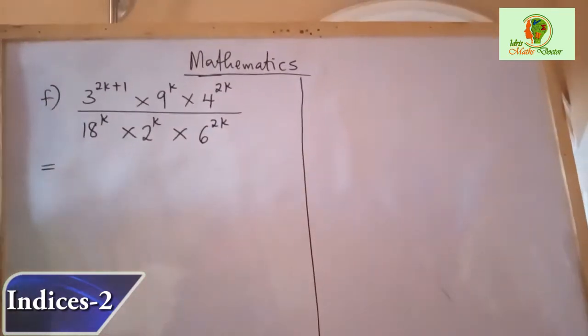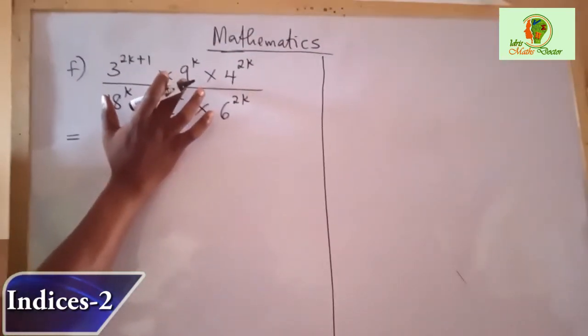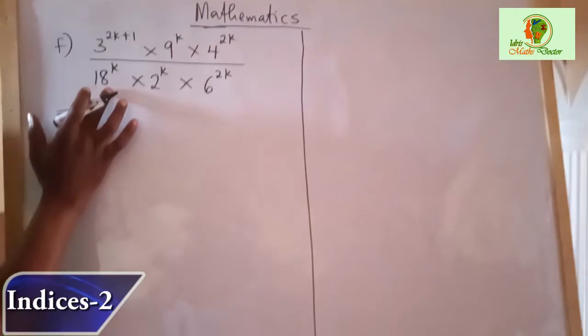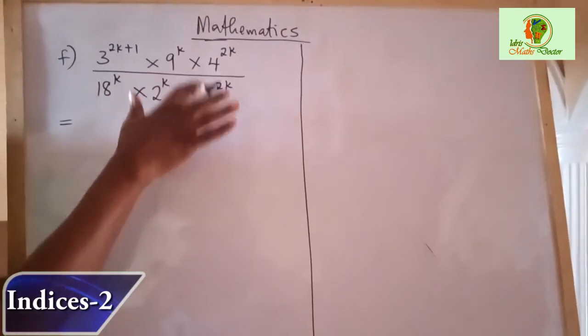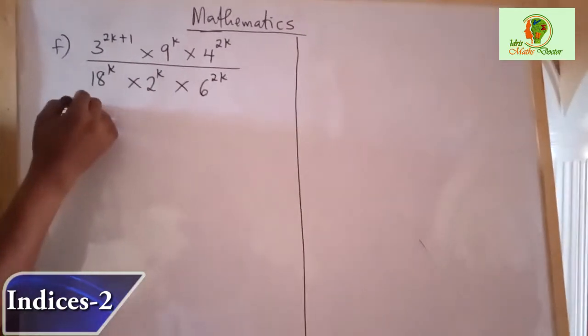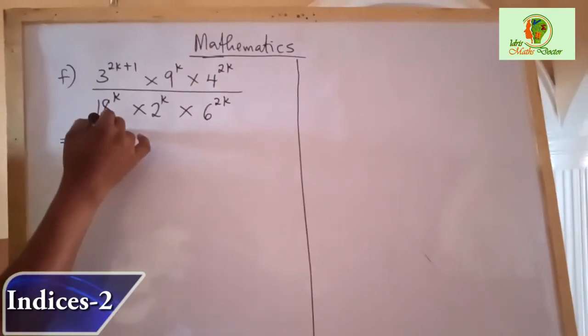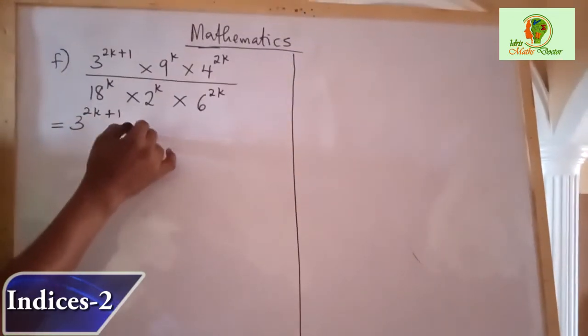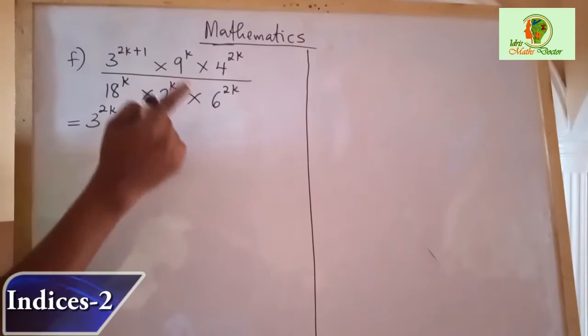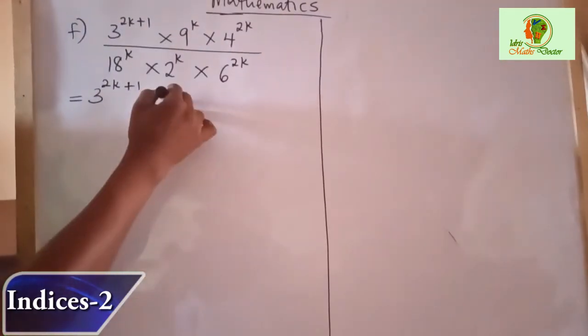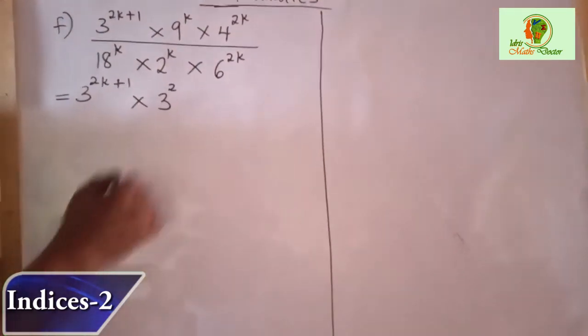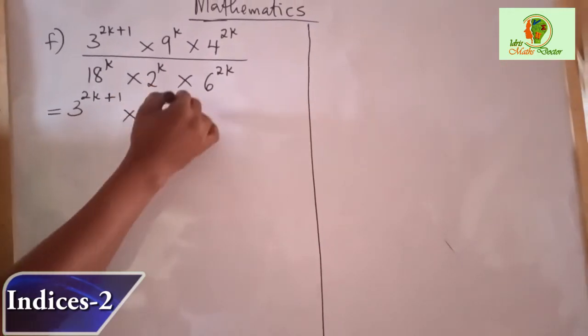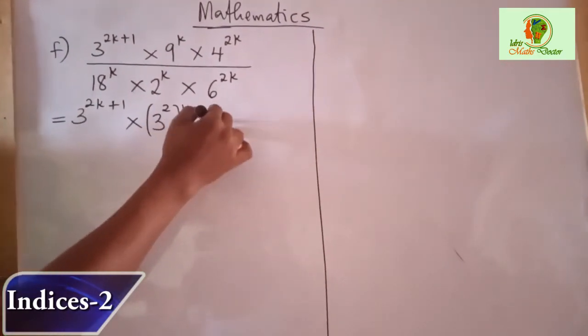What we are going to do here is reduce or express the 9, the 4, the 18 and 6 to the lowest term, meaning 3 raised to power 2k plus 1 times, instead of writing 9, we are going to write 9 in index form, 3 raised to power 2 into bracket raised to power k